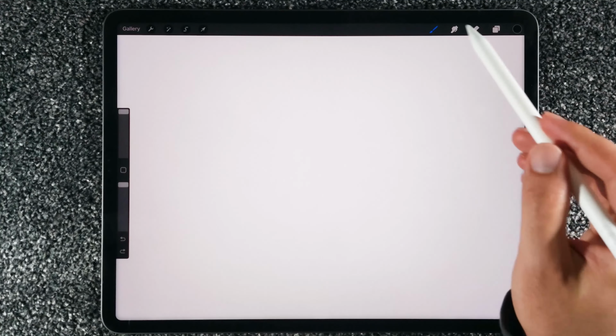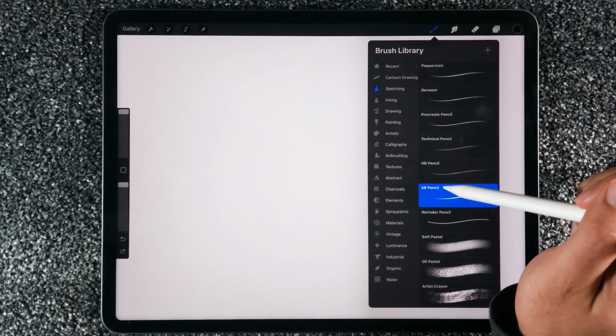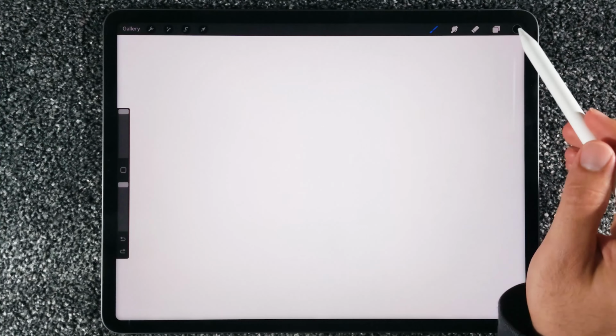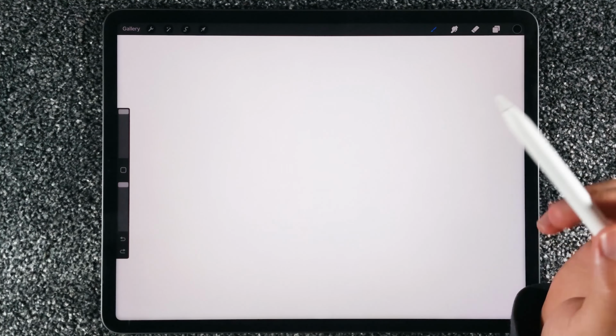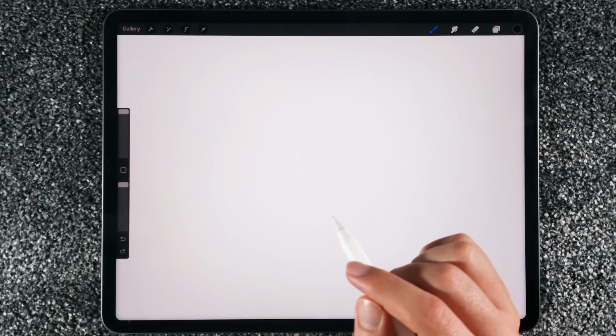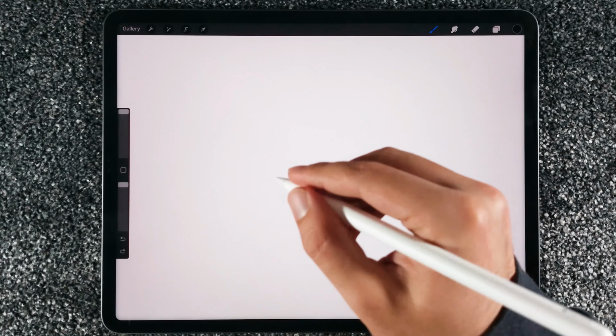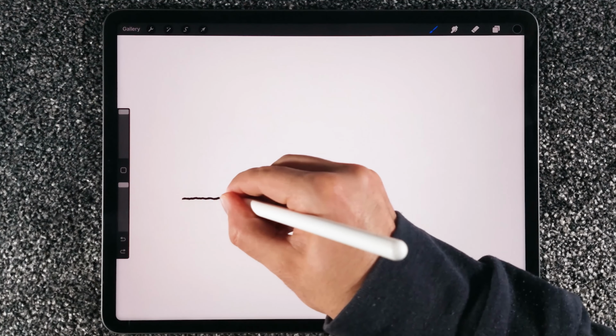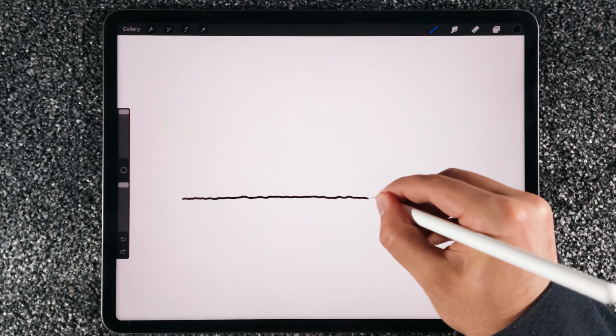To start this lesson, again, select here the typical 6B pencil and the color to black. The size is 100% as all of the other lessons. Now, start with this simple curvy line